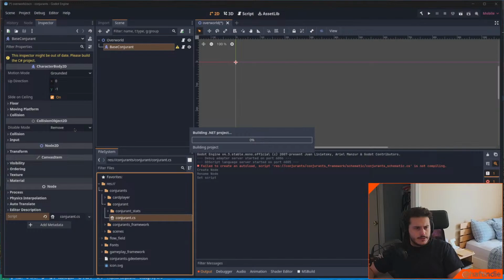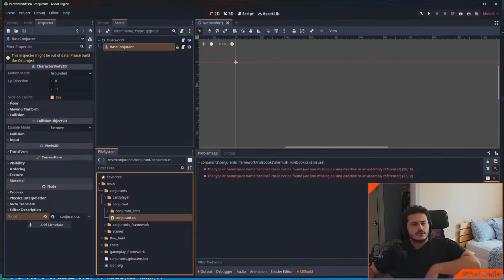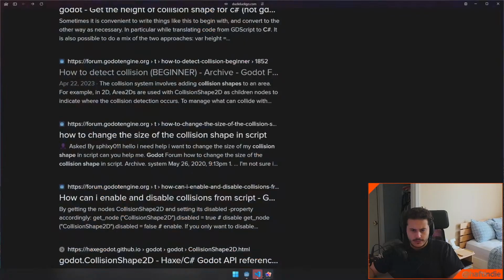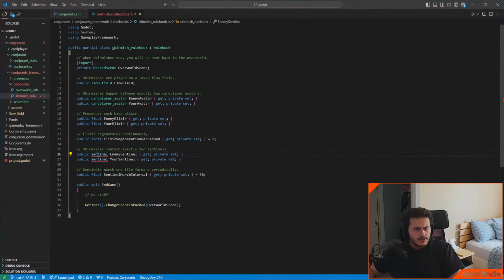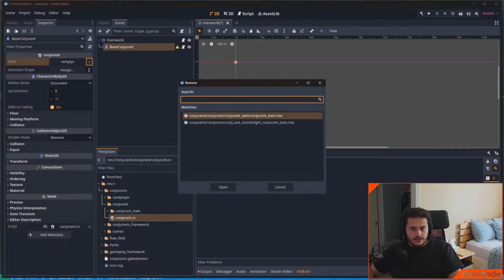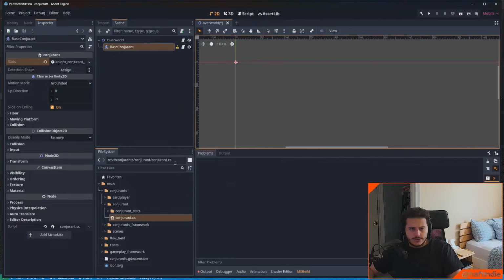Motion mode grounded. For moving platform collision. Where's my stuff? Console could not be found. Oh. Okay, there we go. There's my stats now. I can quick load night. Call this night